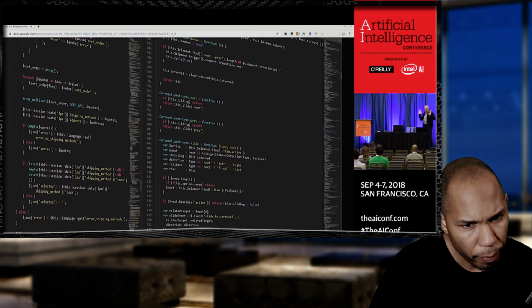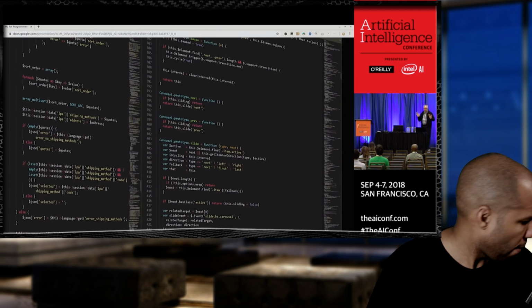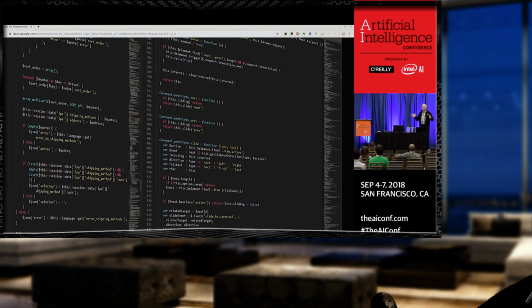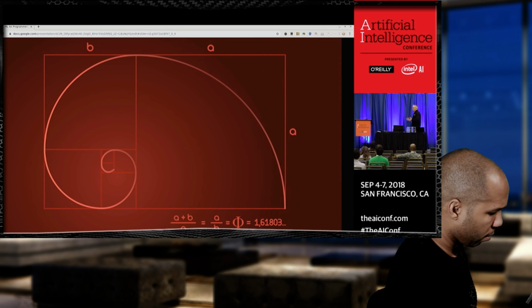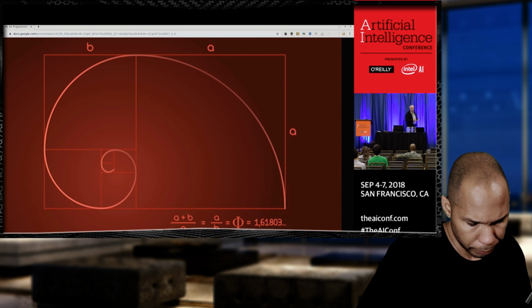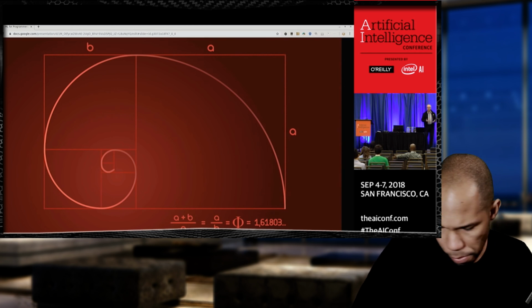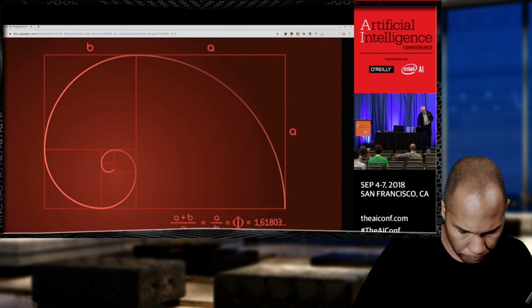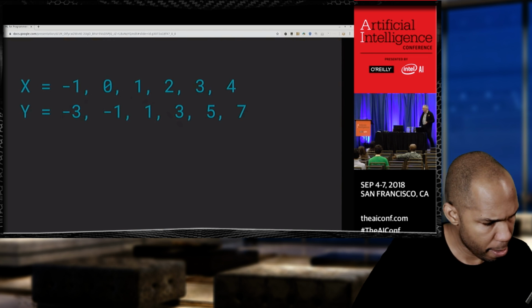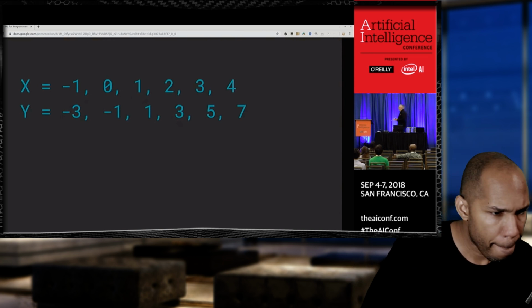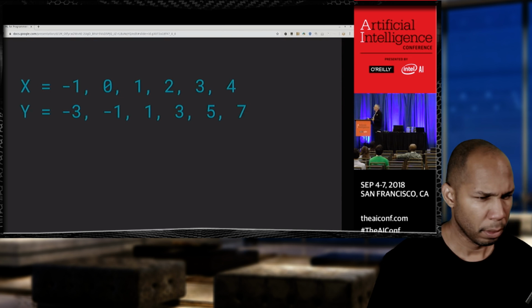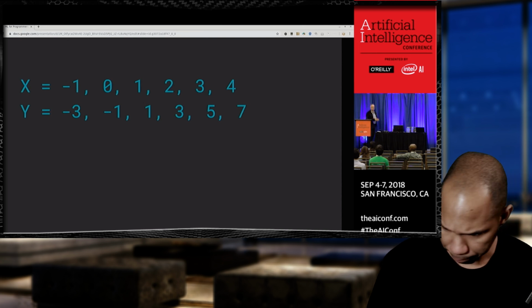But enough theory, I like to explain a lot of this in coding. So a very simple hello world scenario, as all programmers have: I'm going to give you some numbers, and there's a relationship between these numbers. Let's see who can figure out what the relationship is. Are you ready? Okay, here are the numbers. Where x is -1, y is -3, where x is 0, y is -1, etc. Can you see the relationship between the x and the y?